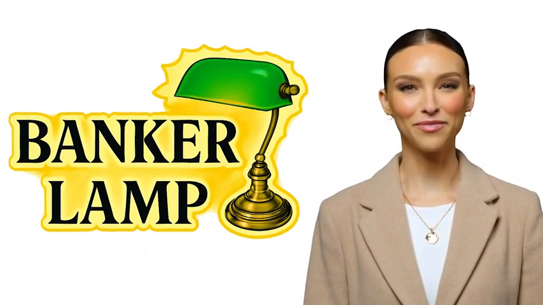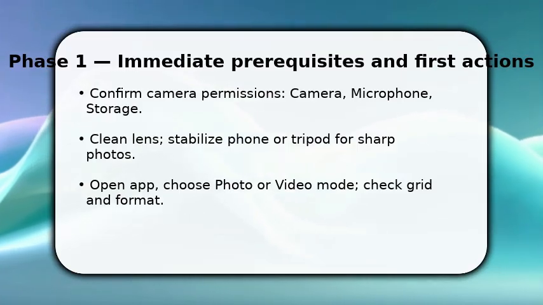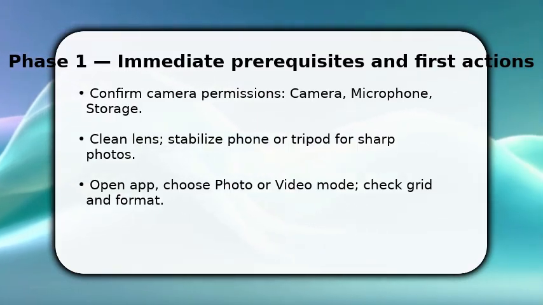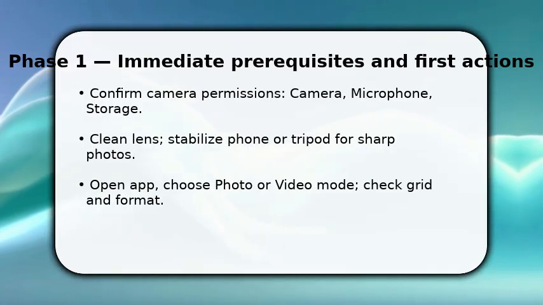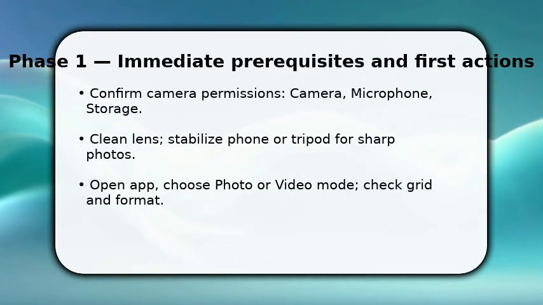Please enjoy the video. You start by confirming permissions so the app can access camera, microphone, and storage. Once done, wipe the lens and set a tripod or steady grip. This prevents blur. Now open the camera app and pick photo or video mode and make sure the grid and